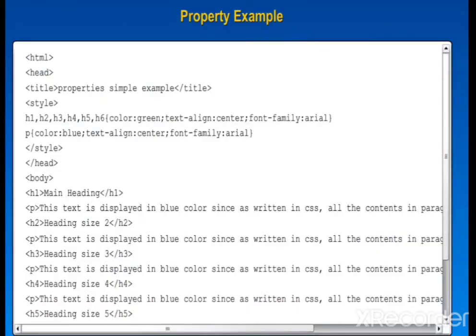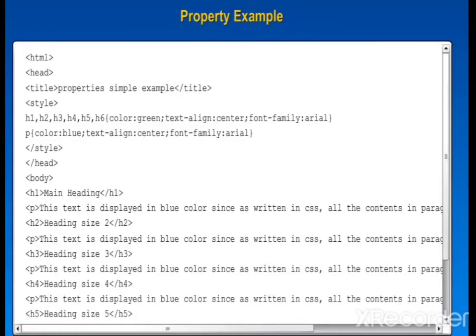Here is the example for property. Actually in the previous example also we went through the properties. Here is another example for mentioning the property clearly. See here, within the style tags we mentioned h1, h2 up to h6 heading elements.